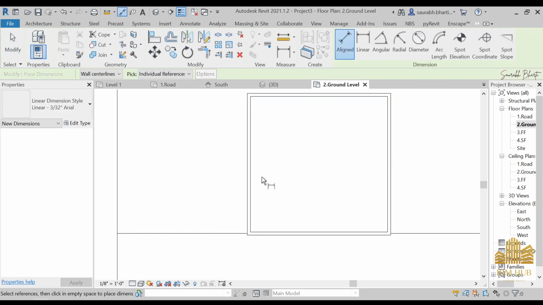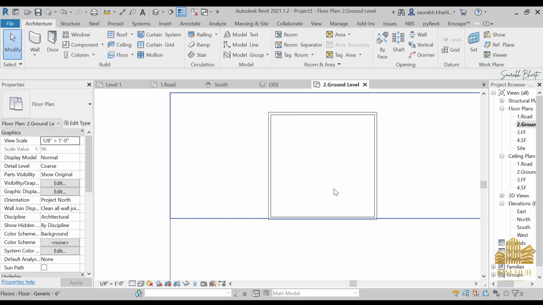Done. And if you take the distance from, okay, as you can see that we cannot take distance from the inner side to the inner side. It is from the center line. So here you can see one of the options, that is wall faces. And now if you take the distance from here to here, now you can see this is of 33 feet. Done. Okay, now that we are done with this part,